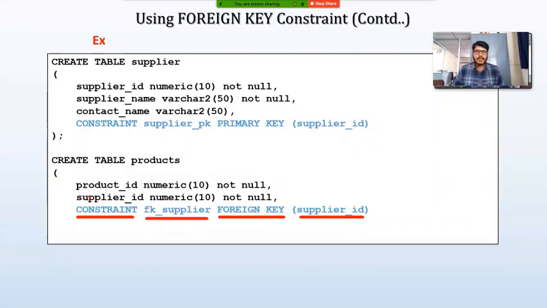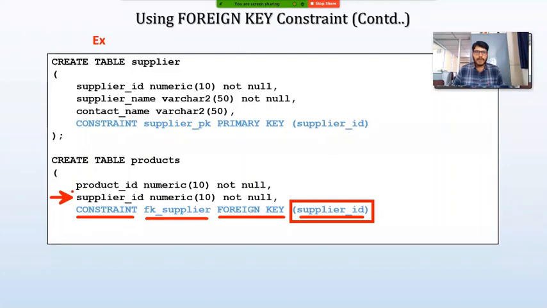As you can see here, I have already defined the supplier ID column here, isn't it? So now I'm going to define this column as foreign key. So that's why I need to provide the same name here. You can observe here, I'm going to specify supplier underscore ID only.